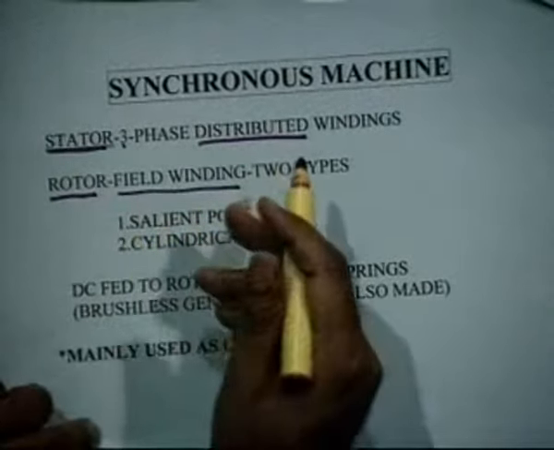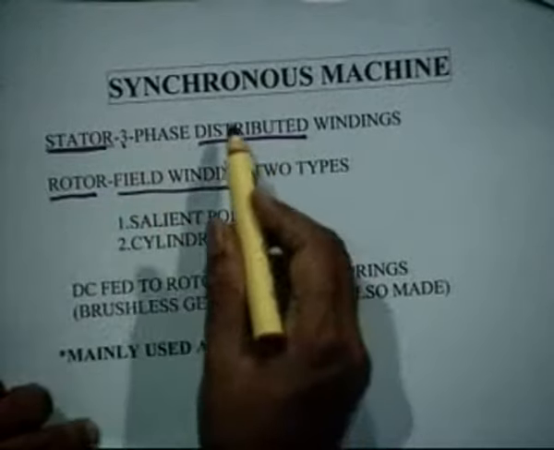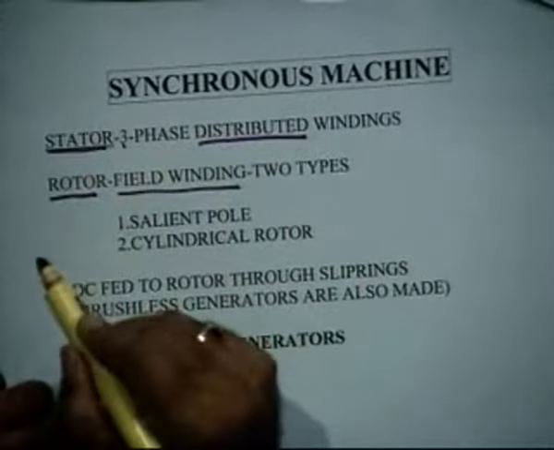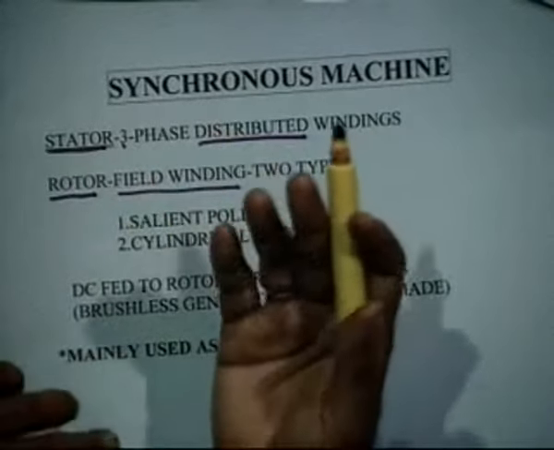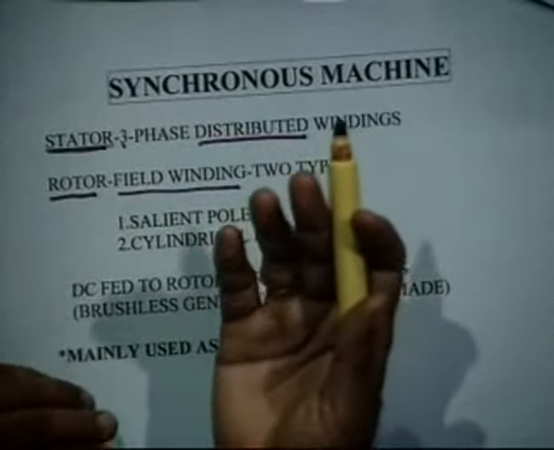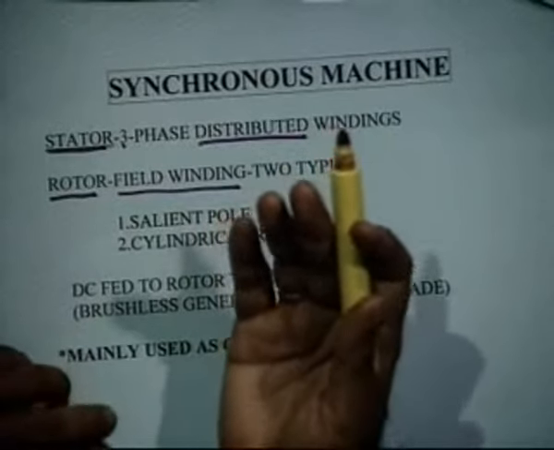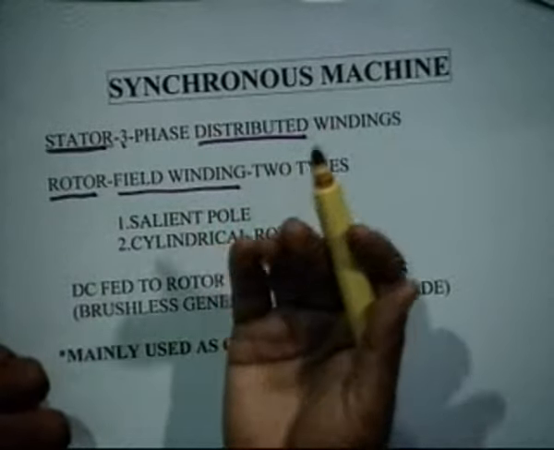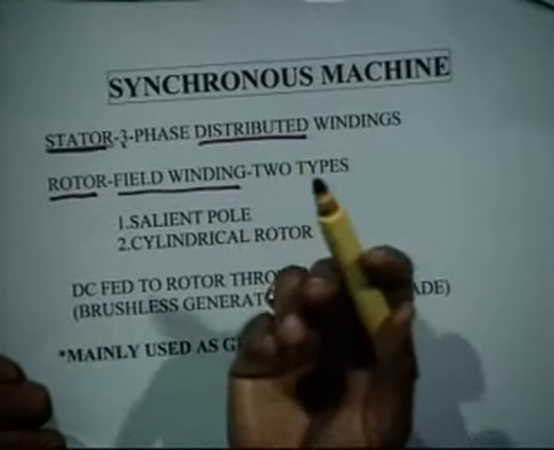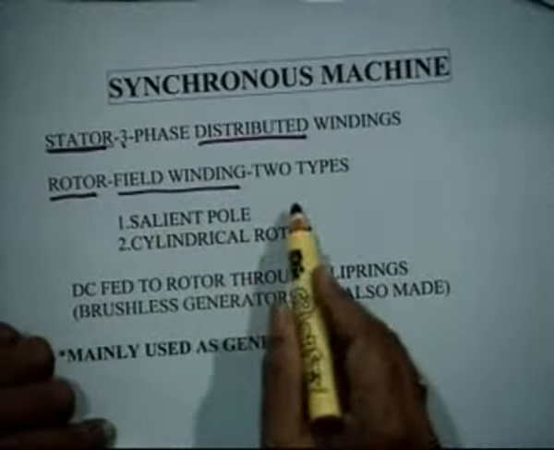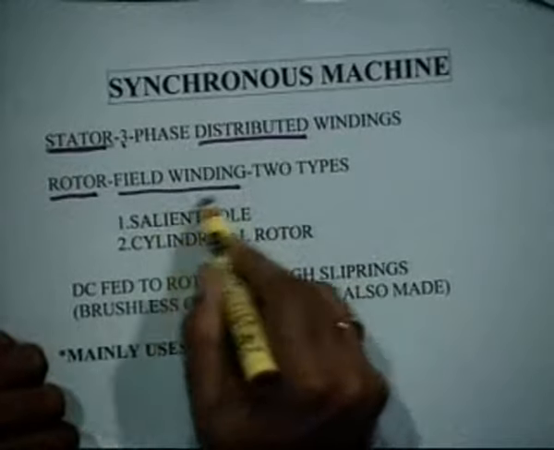In a DC machine, the rotor is the armature, and here the stator is the armature. You may know the armature is the part which carries the power, or where the voltage is induced, and the field is the part which carries the flux. So the field produces flux, whereas the armature produces power.